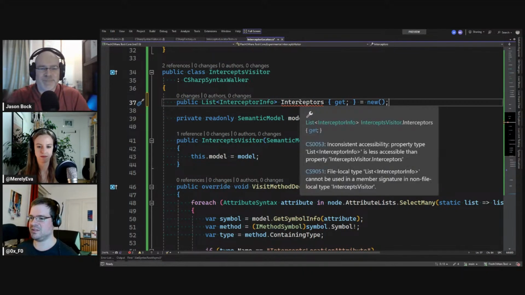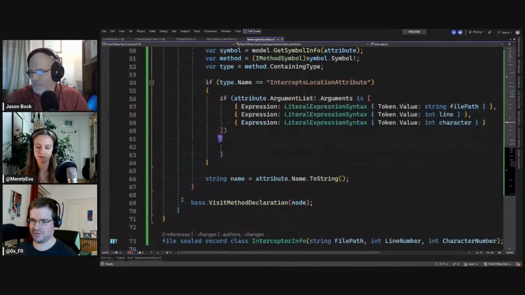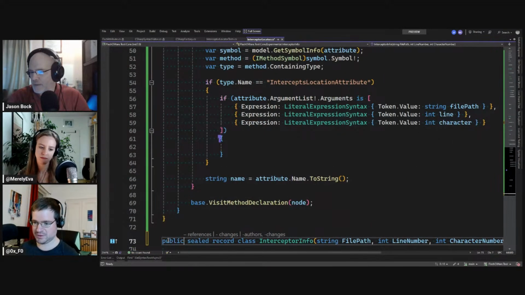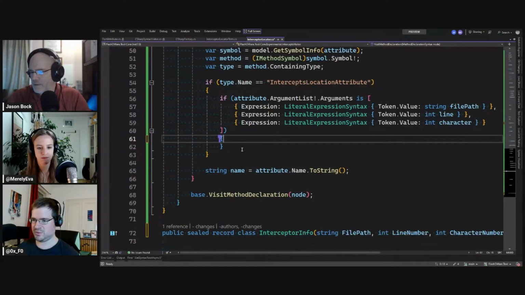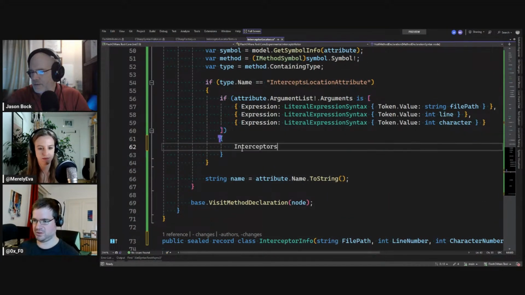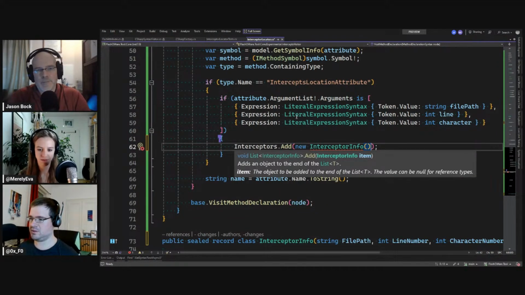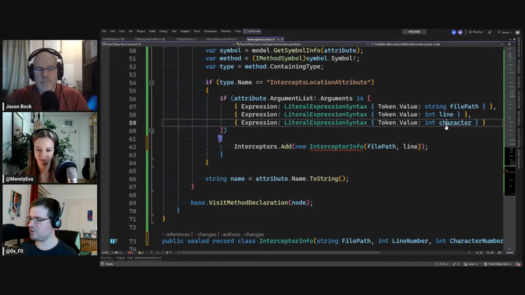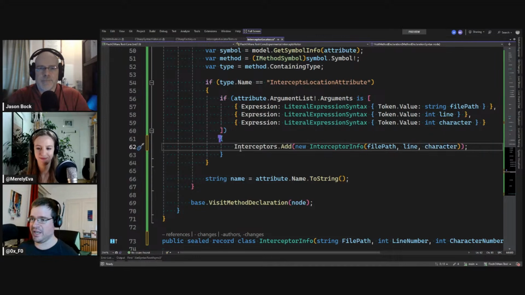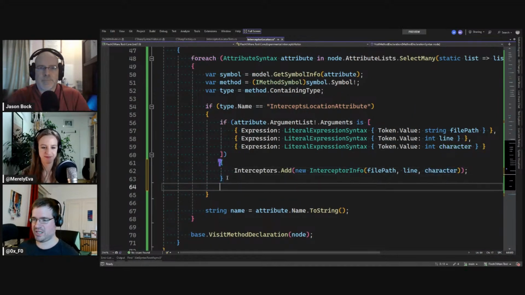Must be okay. Public. And interceptors. Okay, cool. And now we add these. Oops. Don't add the new info. We have the file path extracted and the line extracted and the character extracted. And I think if we did that, we can